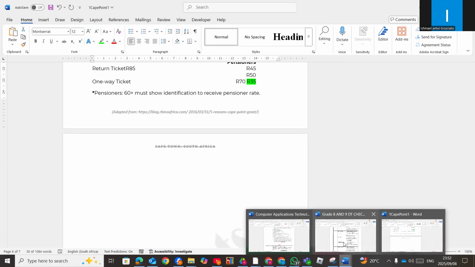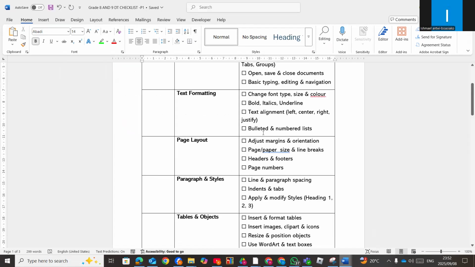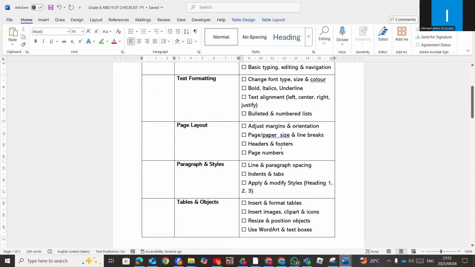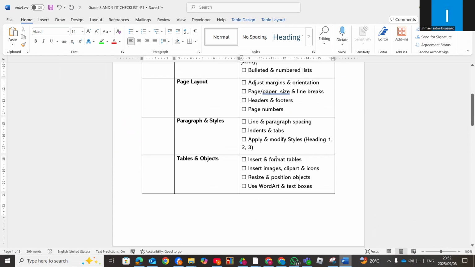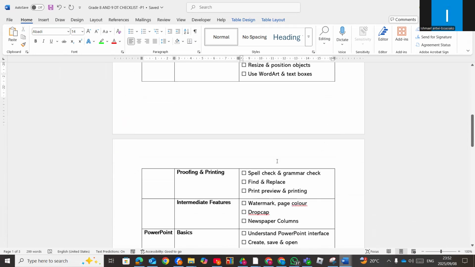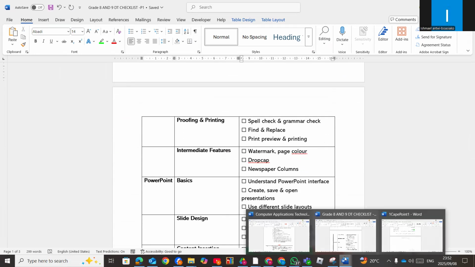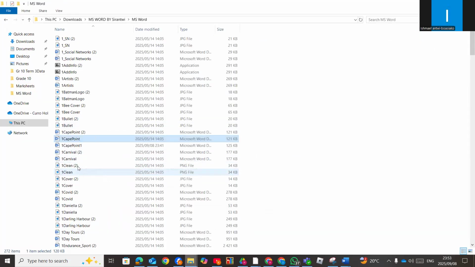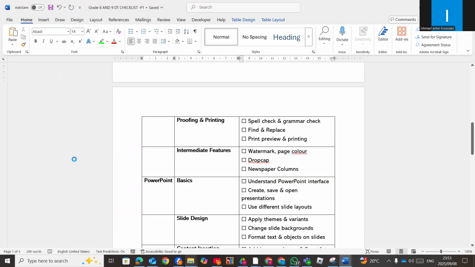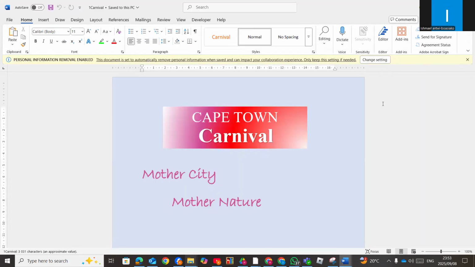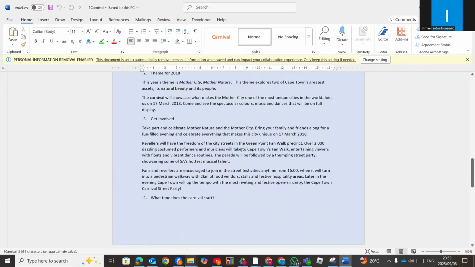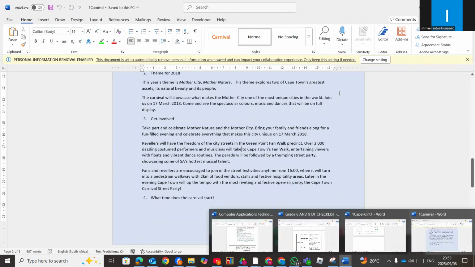Now, let's check our next topic. So we are done with bullets and numbering. Now, the page layout, and then we'll look at the images. And then watermark and drop cap. So that one, I'm going to take another file. I'm going to take one carnival. Right. So this one, I am going to focus on